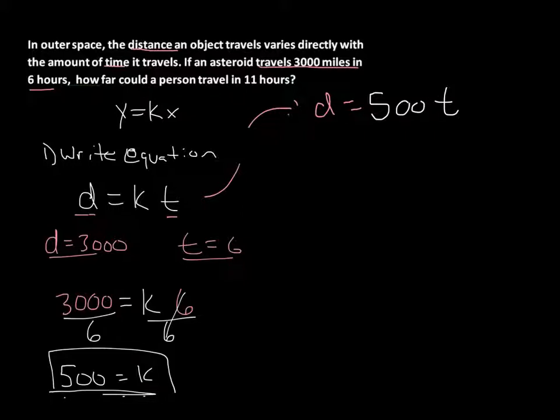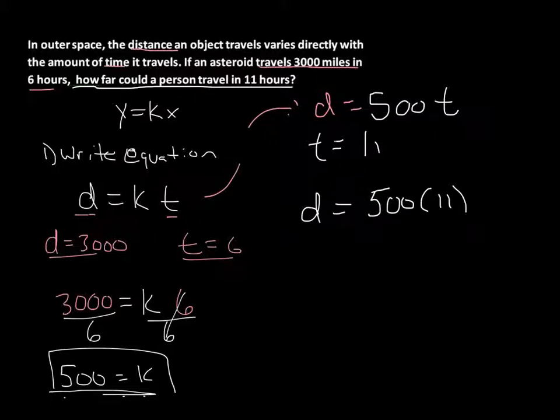So now it says how far could a person travel in 11 hours? So that's when t is equal to 11. Let's go ahead and plug that in and answer the question. D is equal to 500 times 11, which is,